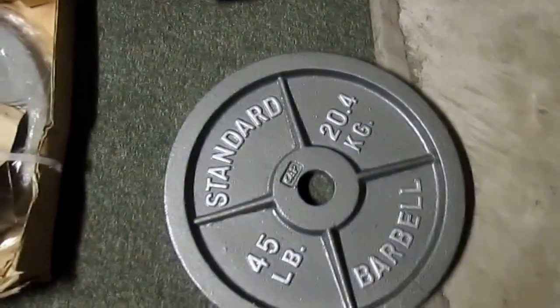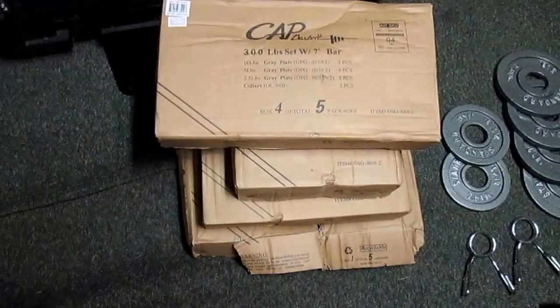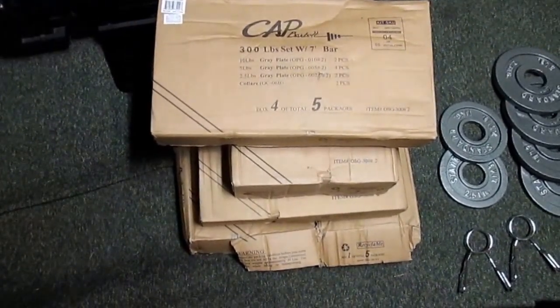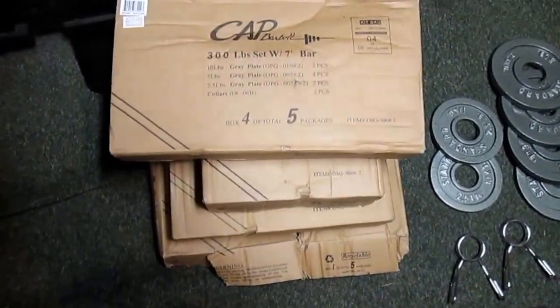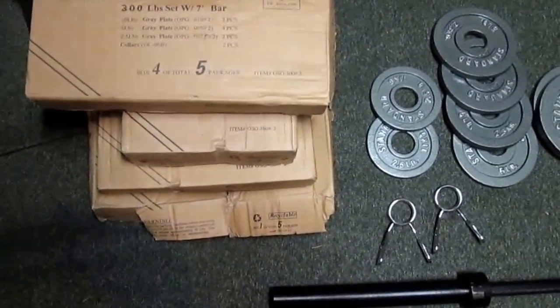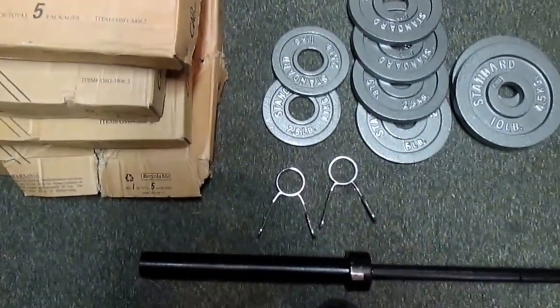And that's first plate. Now I have unboxed the entire weight set from Cap Barbell, and this is what it looks like. The 2 clips next to the bar,